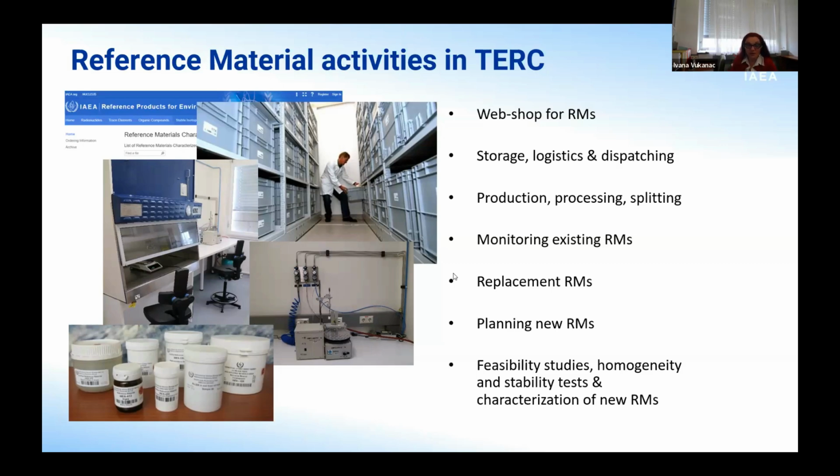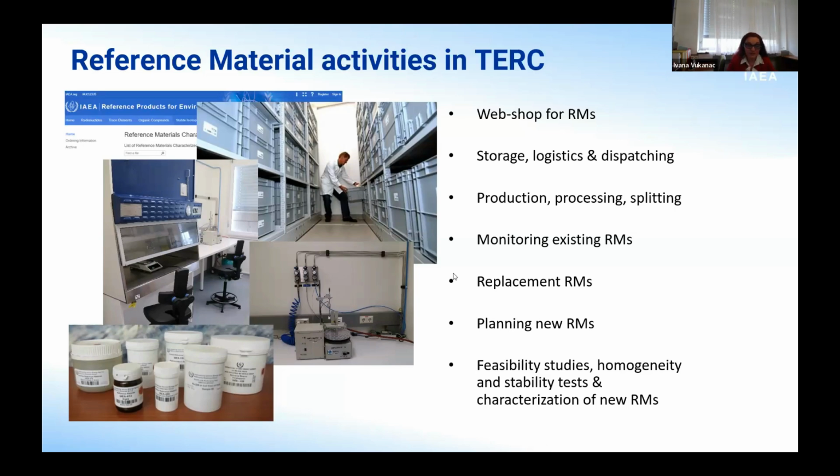Especially if you have in mind the scale of production and quantity of produced units. IAEA reference materials are usually produced in batches of several hundreds, like 400 or 500 units. So a big portion of our working time is devoted to activities related to